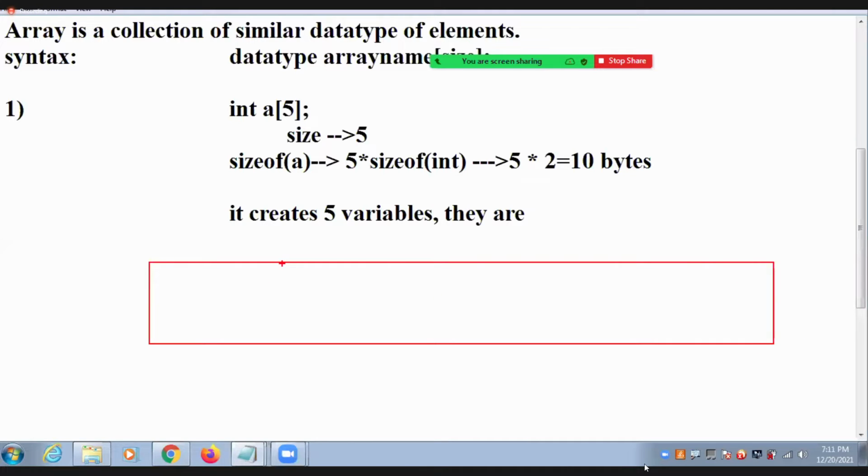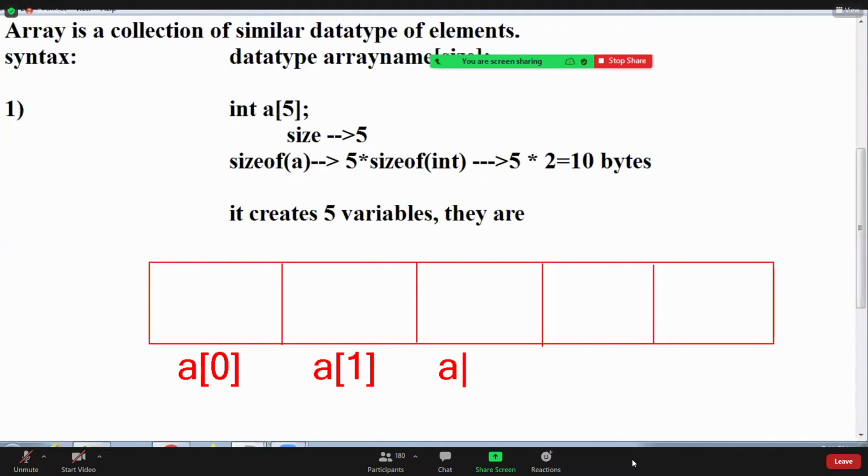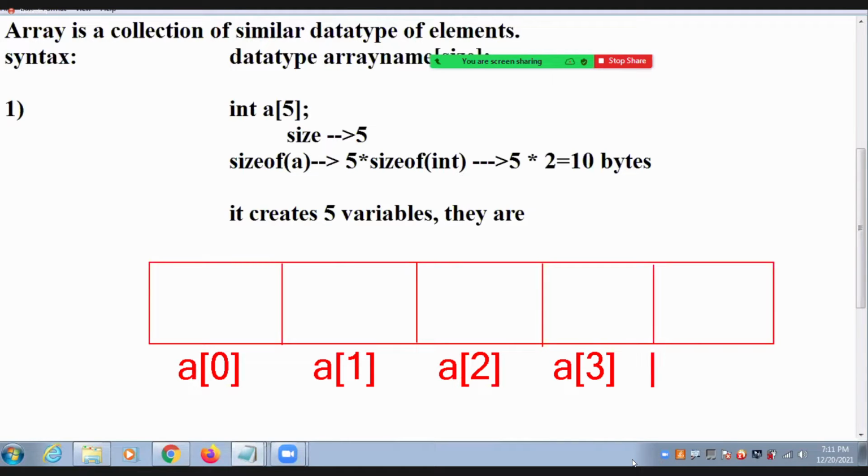This is a of 0, a of 1, a of 2, a of 3, a of 4.